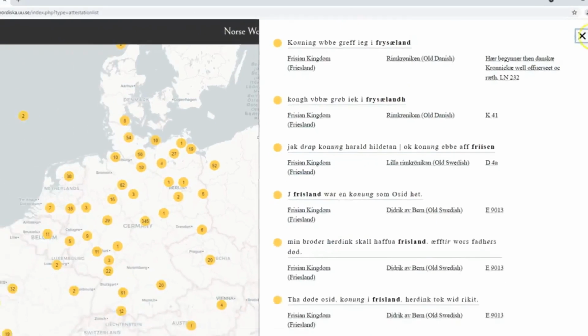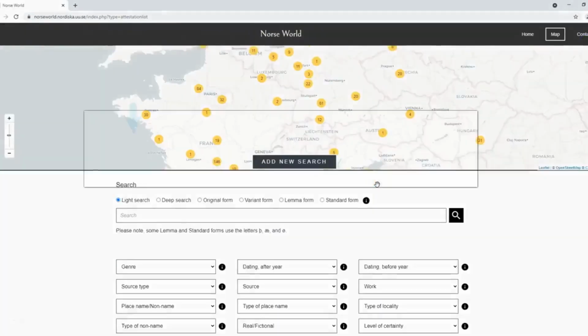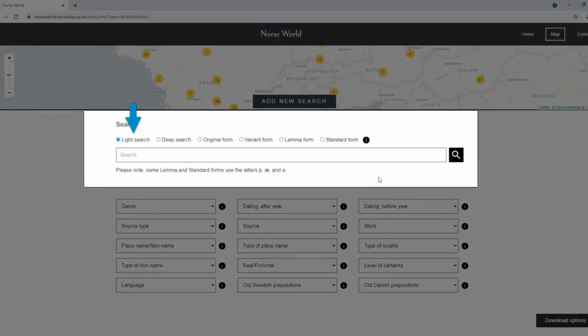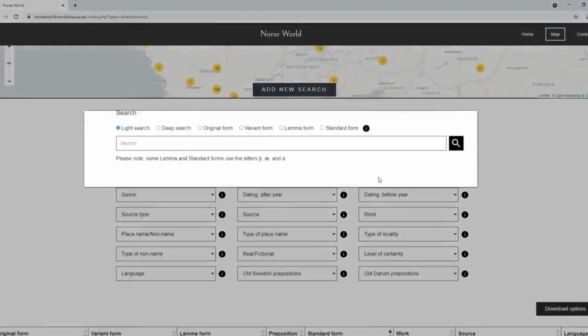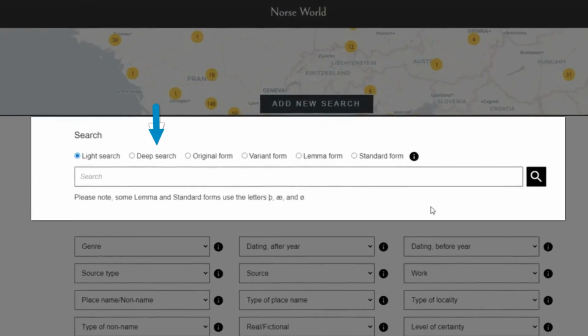Now let's take a look at the different search options below the map. A light search is carried out only in the columns visible in the data table containing search results, namely original form, variant form, lemma form, preposition, standard form, work, source, and language. A deep search, on the other hand, is carried out in most of the fields in the database. As a result, when conducting a deep search, the search hit may occur in fields not readily visible in the